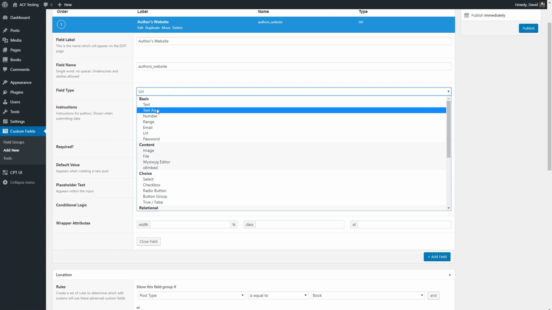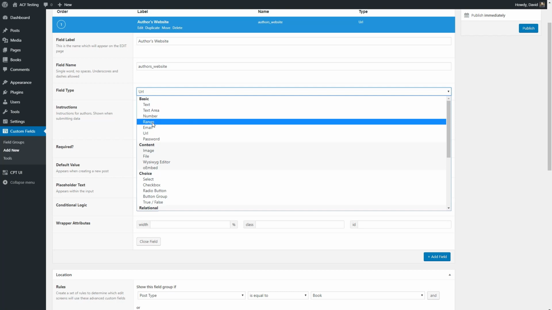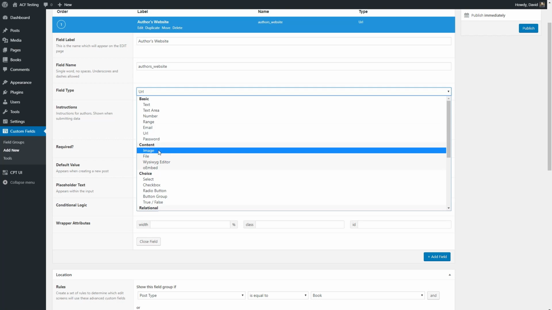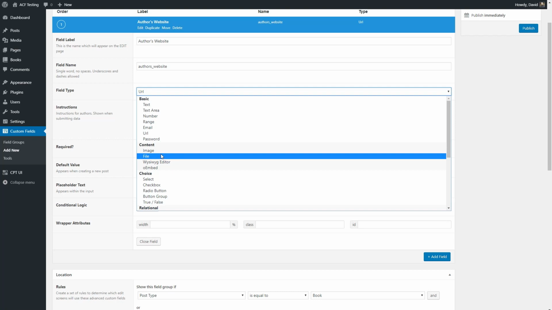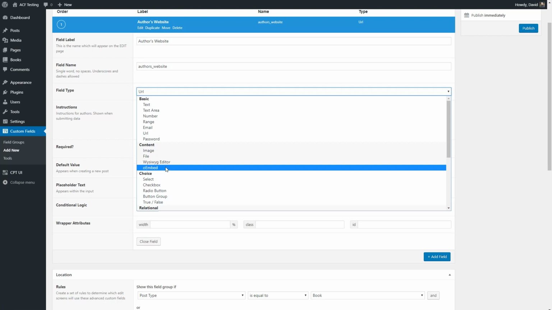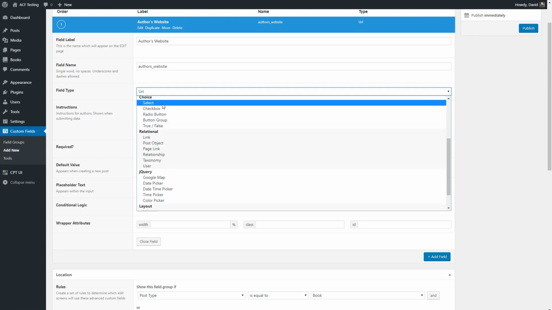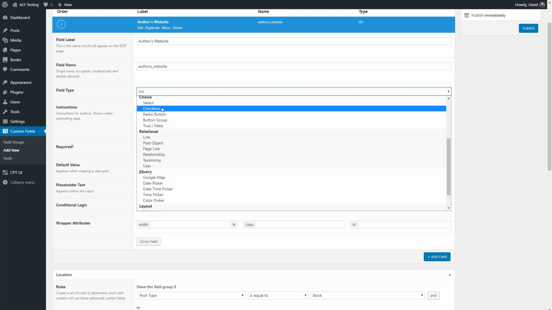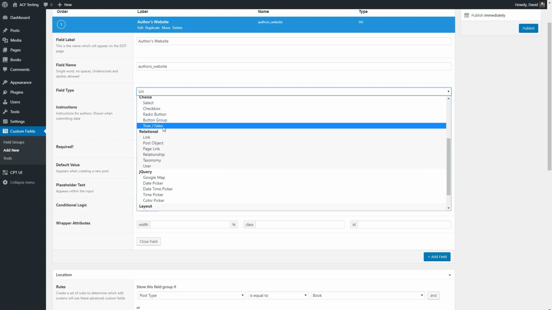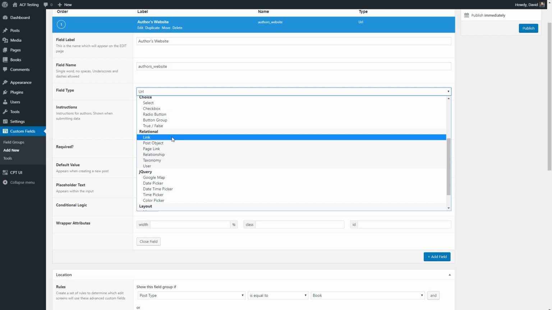There's a text area, which is a multi-line text field, a number, a range, so like 1 to 10, email, URL, password field, image field, file for file upload, a WYSIWYG editor like you have in the classic editor, an embed field, a select drop-down box, checkbox, radio button, button group, a true/false, a link field, which is different